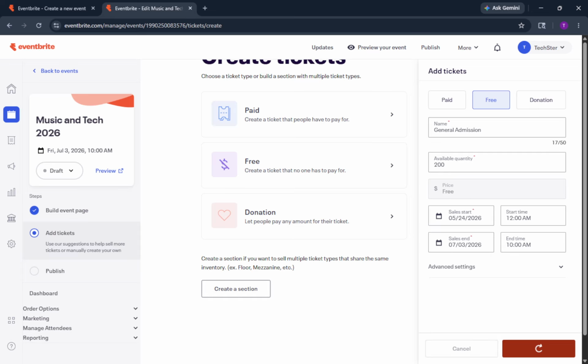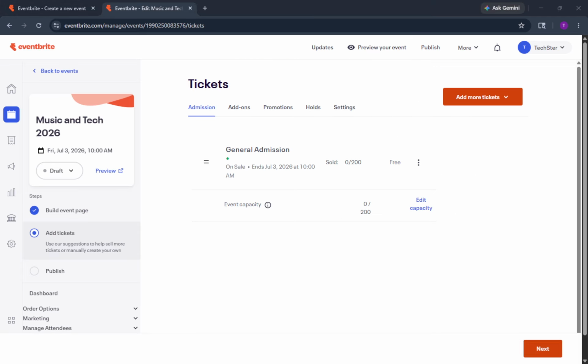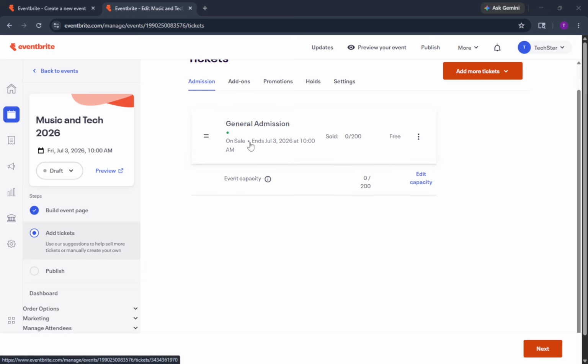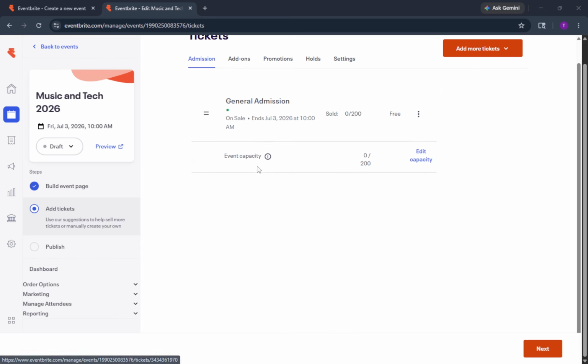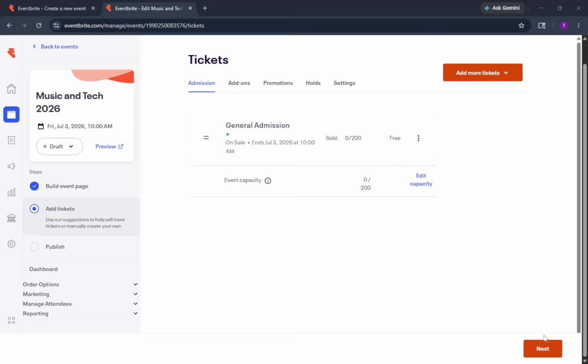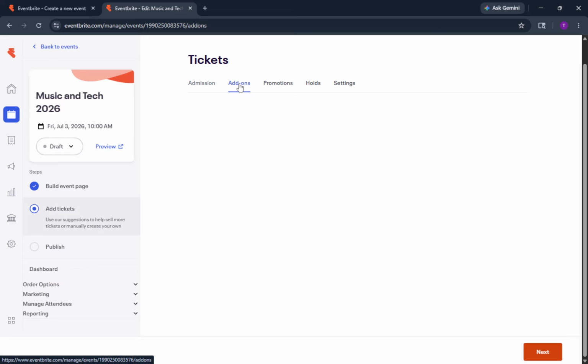Preview your event to see it the way attendees will. Click Preview and carefully review the layout, ticket options, and every detail in your description. Check for typos, broken links, or mismatched times and make any fixes now. It's also helpful to glance at how it looks on mobile, since many attendees browse on their phones.